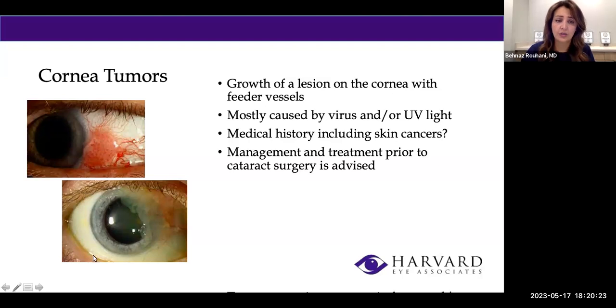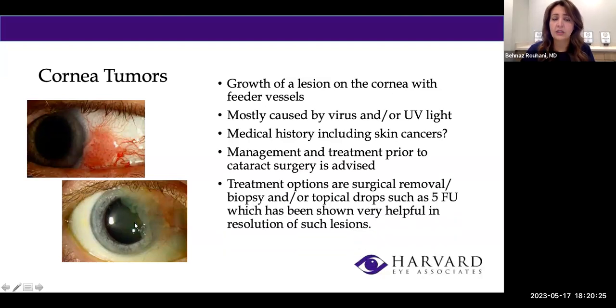Why not cataract surgery first, even though the center is nice and clear? Because growth over here can affect the surface regularity of the cornea and throws us off when we do all those calculations. The lens calculation is not going to be accurate. The vision is not going to be better. Plus, if this keeps growing over the cornea, it's going to affect the vision. So no matter how the cataract is taken care of and the nice and clear lens implant is placed, vision is not going to be improved.